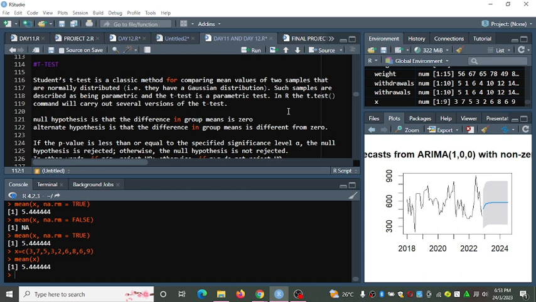The mean from group 1 and the mean from group 2 should be equal, so that the difference is 0. The alternative hypothesis is that the difference in group means is different from 0.